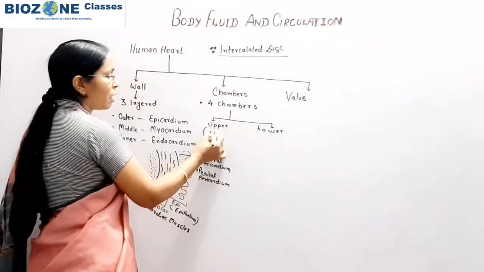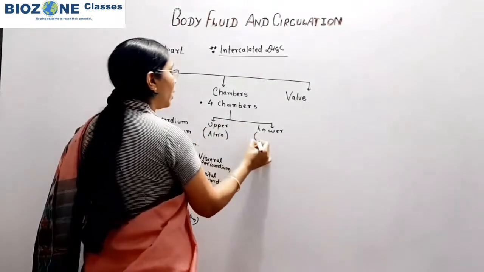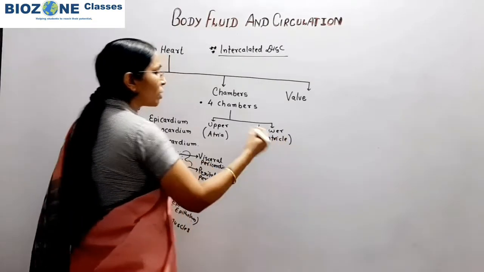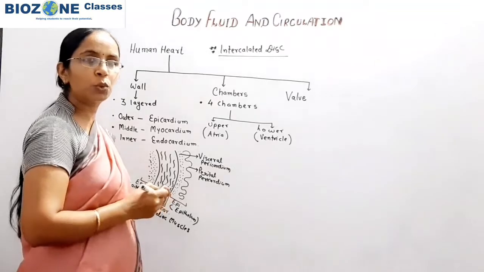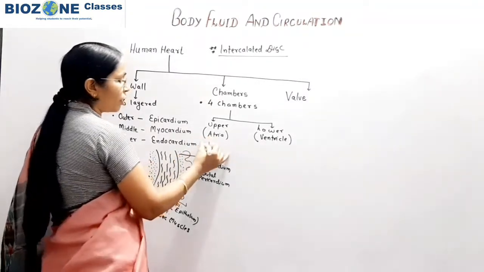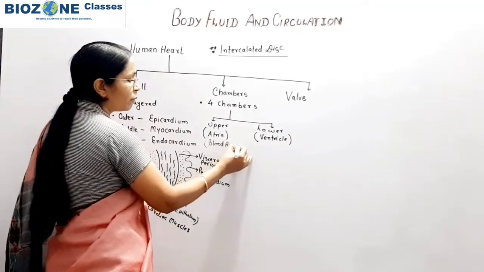Upper chambers are called atria or auricle also we use, and the lower chambers are called ventricles. Now what is the difference between these two chambers? So here you remember atria or auricles are blood receiving chambers,